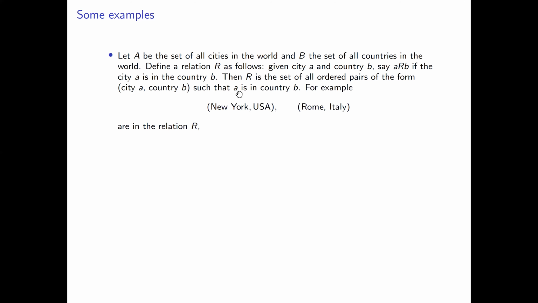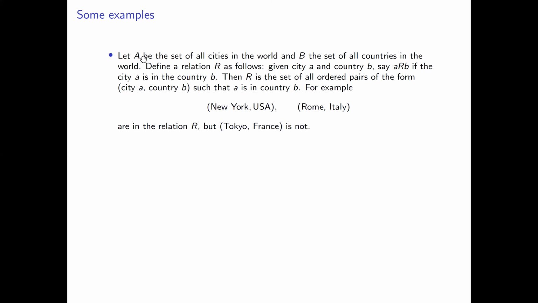So for example, if I look at the ordered pair New York, USA, then this is in my relation because New York City is in the United States. And also if I look at the ordered pair Rome, Italy, then this is also in the relation R because Rome is in Italy. However, if I consider the ordered pair, for example, Tokyo, France, well, this is